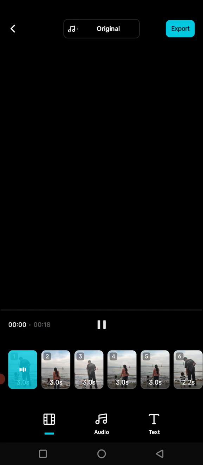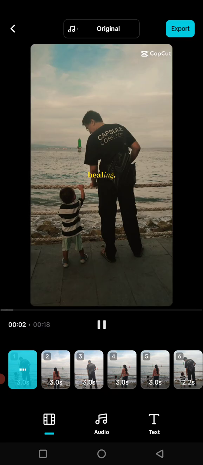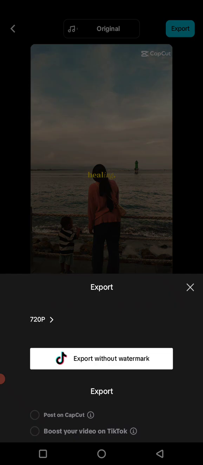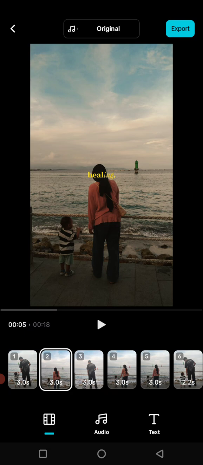and you'll be previewing your result. And as you guys can see at the top, there will be this CapCut watermark attached on the video, and here you can just tap on export after previewing. And as you guys can see, there will be these options to export without watermark with TikTok icon on it. So you can just choose this one, and once the video is done exporting, you will be directed into TikTok if